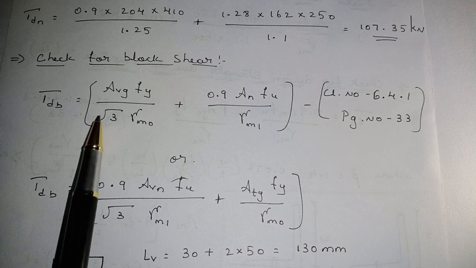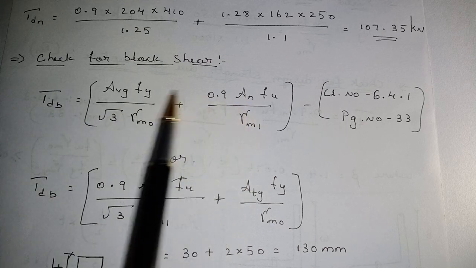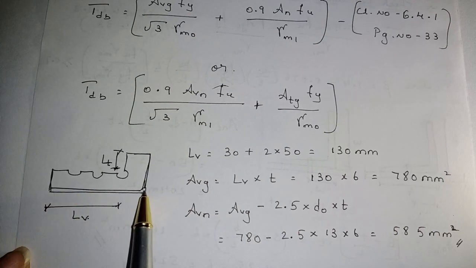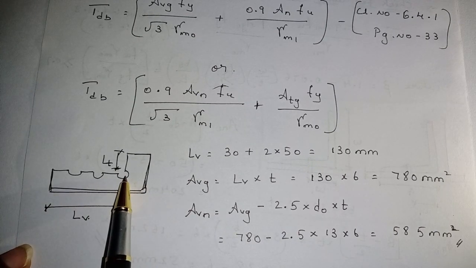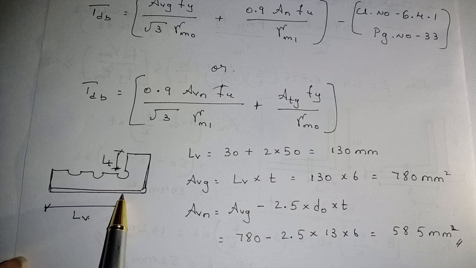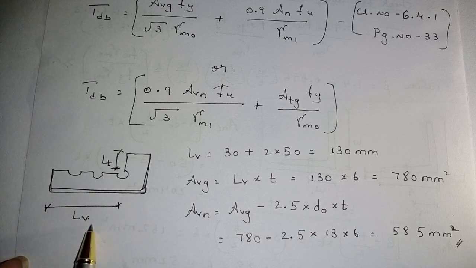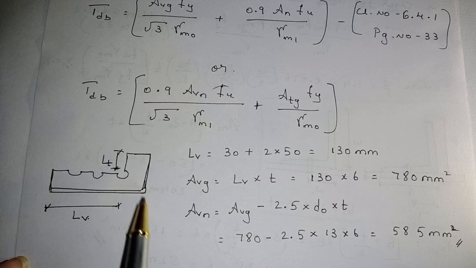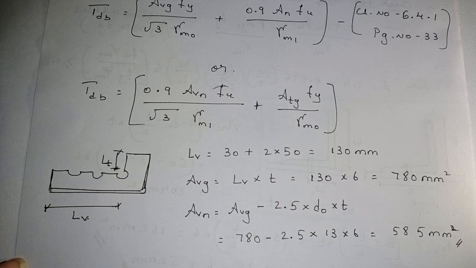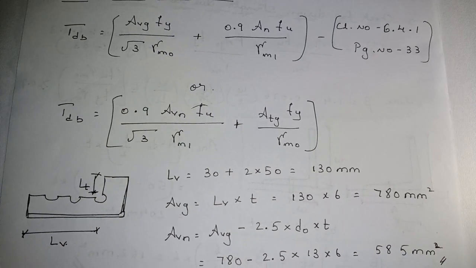Okay, so Avg you need to find out, An you need to find out, all the other values you know here. Now we'll come to this equation. Avn we need to find out, Atg you need to find out. Here you need to find out several areas, that's it. So now here you have the plate like this. We have given with 3 number of bolts, right? So now 3 number of bolts means from the last bolt till the first, we can name it as Lv. Okay, so in this direction, from here till here, the edge, I will take it as Lt. Got it?